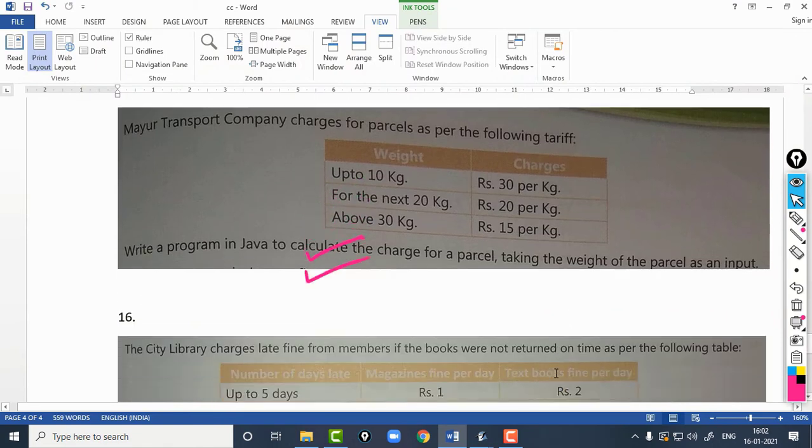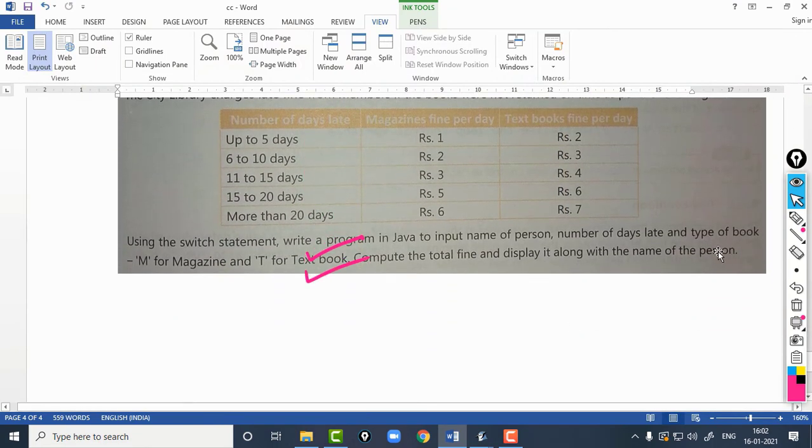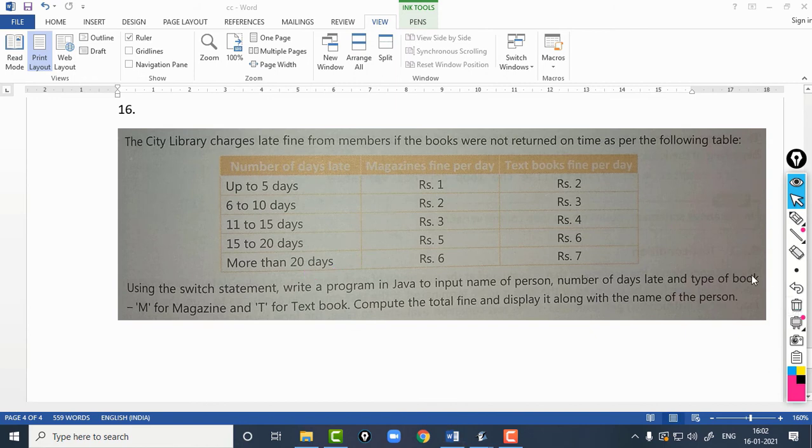Now I'll be discussing the last question from this chapter, which is this: the city library charges late fine from members. Now it gives out two kinds of books. One is magazine type and the second one is textbook type.